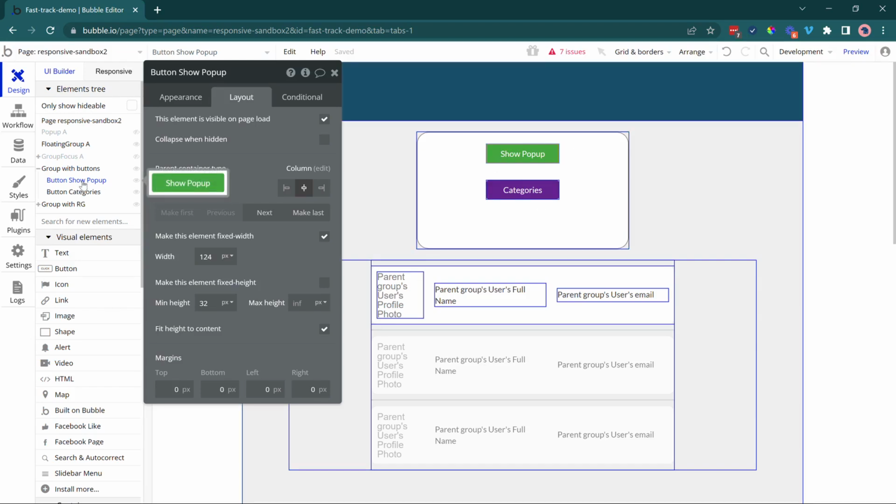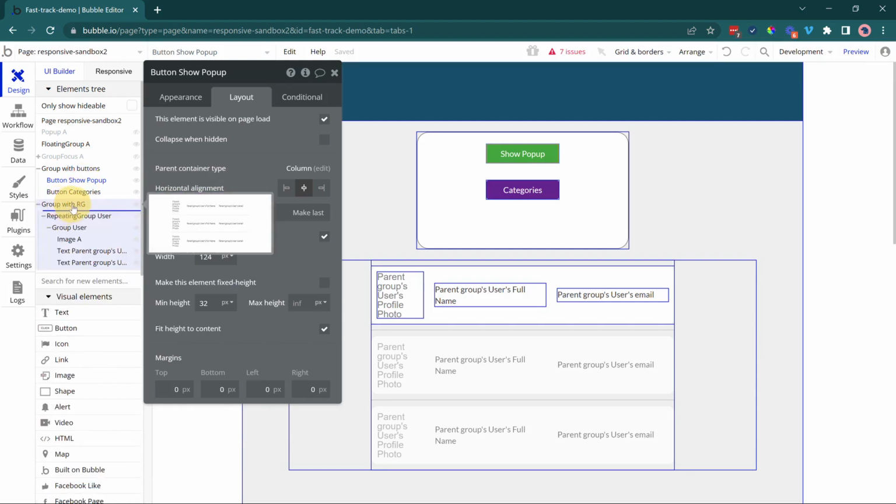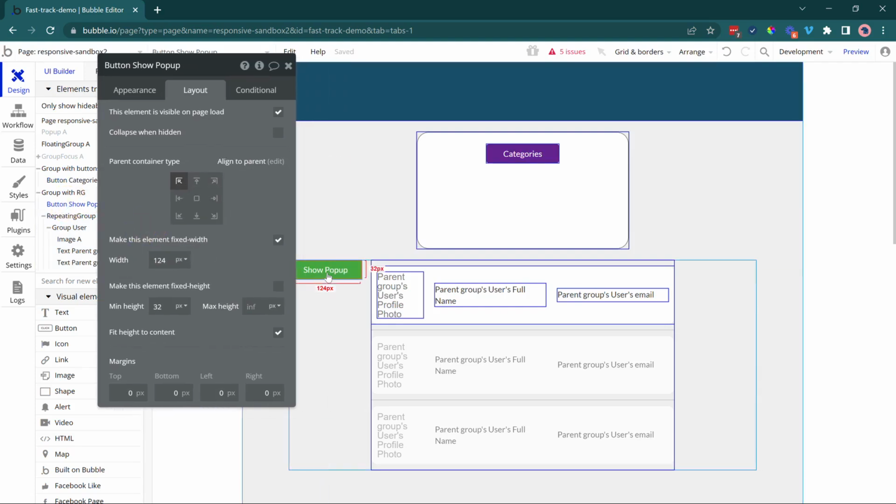I can also pull this button out. I can move this inside of my group with repeating group. Okay, that's that big rectangle group with no background color. And if I hover over the group, you see that the entire group section is highlighted. Again, that tells me that it's going to drop it inside of the group. I'm not inside of the repeating group's inner group. That's this one here. I'm at the outer group level. So I'll drop it there, and you see how it just placed it in the first spot of that align to parent